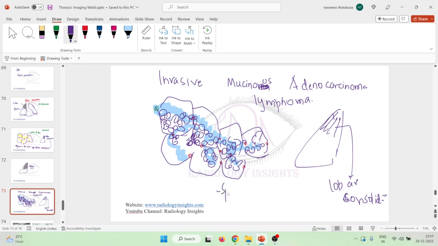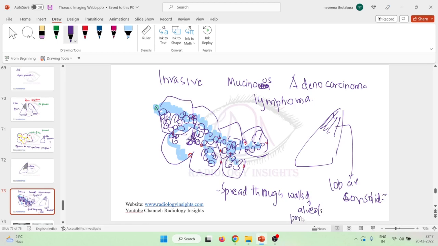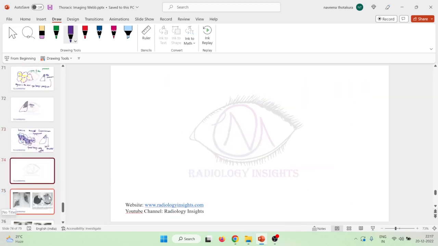So this mucinous adenocarcinoma can spread through walls of alveoli. They can also spread through the pores. They can spread anywhere, and they can involve the whole lobe, or in fact, they can even involve the whole lung also. Okay, then